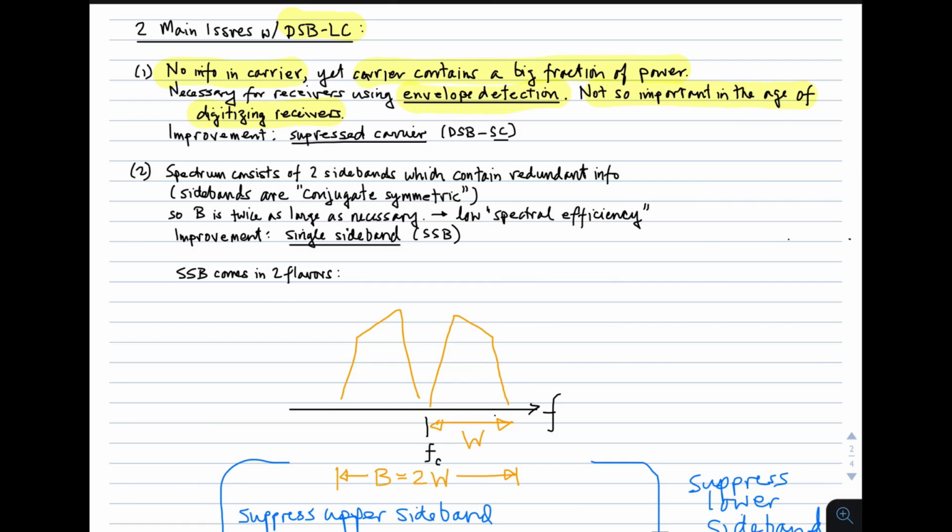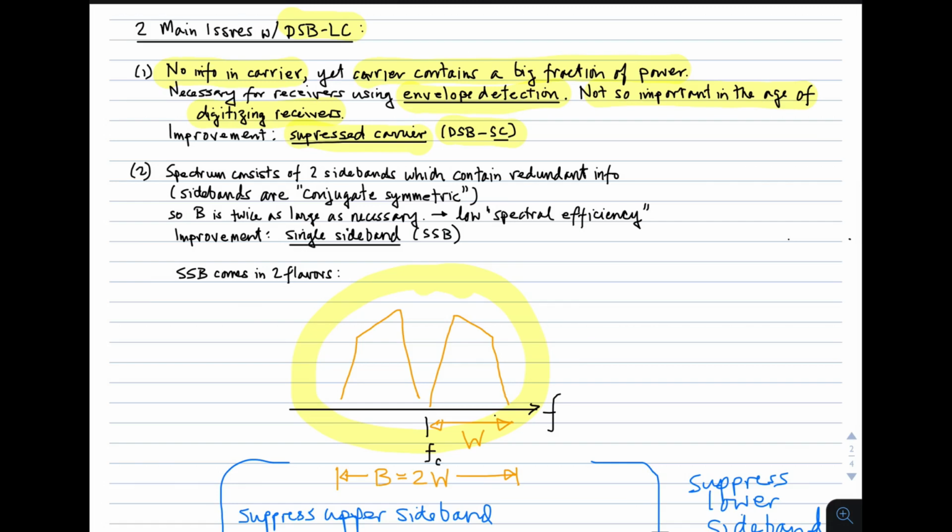So with this in mind, frequently new or newer AM systems use a scheme known as a suppressed carrier, sometimes abbreviated DSB-SC for suppressed carrier. In that case, we're getting rid of the carrier, and we end up, in fact, with spectrum that looks like this, so the carrier is missing. That is much more power efficient because you're not sending that carrier, which has power in it, but is not